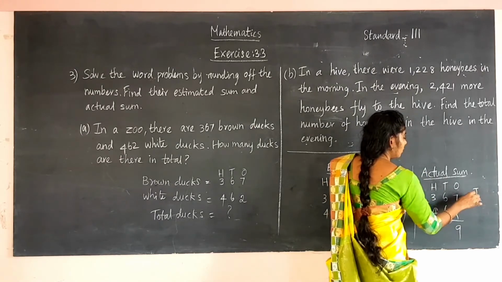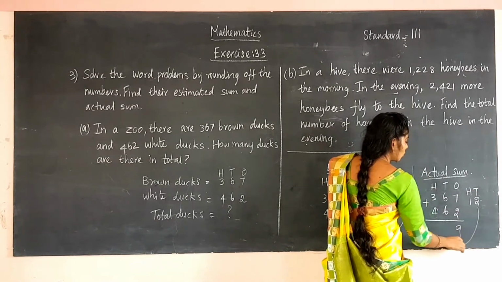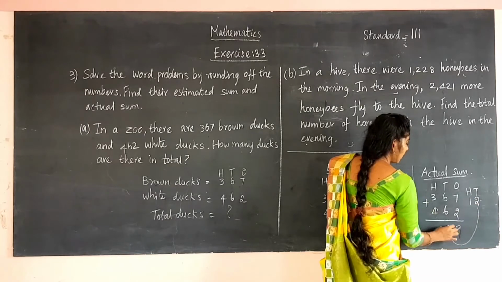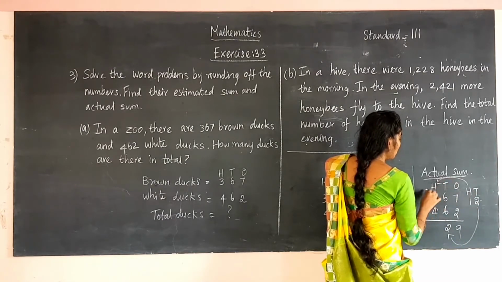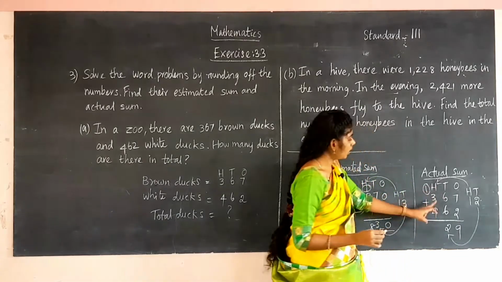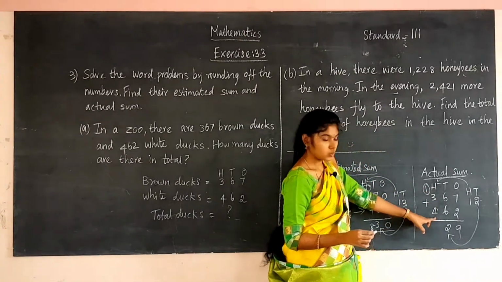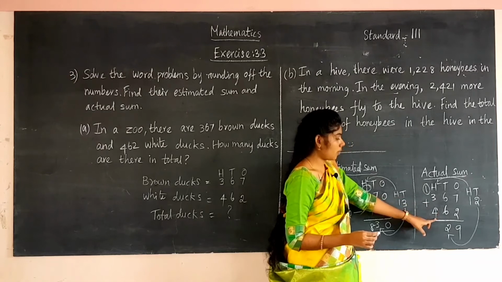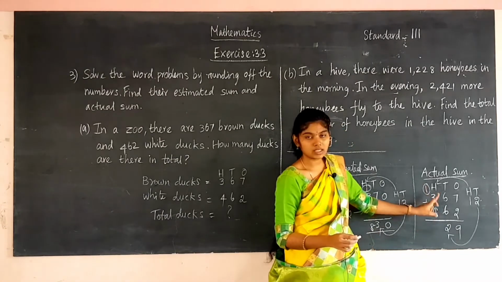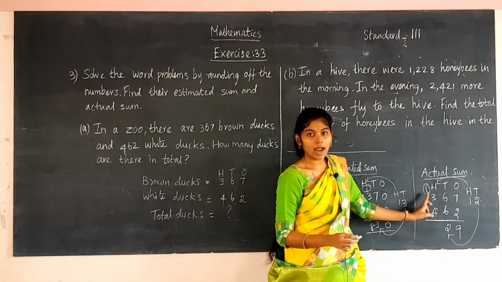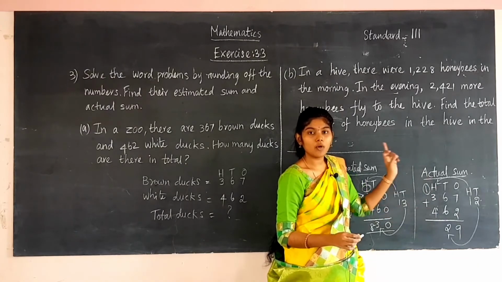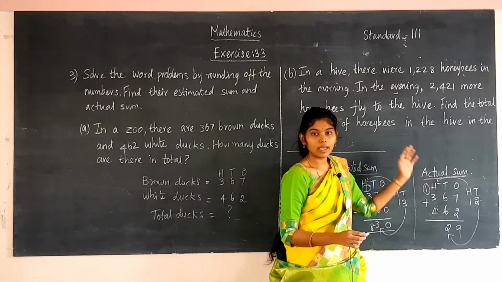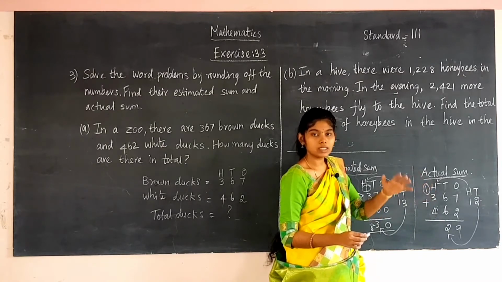So you have to start from tens and hundreds. So take 2 to the tens place and carry over the 1 to the hundreds place. So what are the numbers? 100, 300, 400. So you have to add these three numbers. First number in the mind, second number in the finger. So after adding these numbers 1 and 3 you will get 4. Now take 4 to the mind and 4 in the fingers. By adding those two numbers you will get 8.